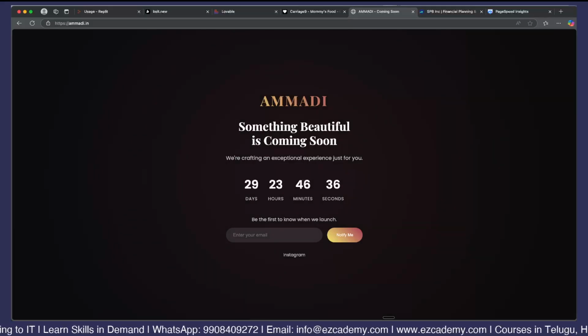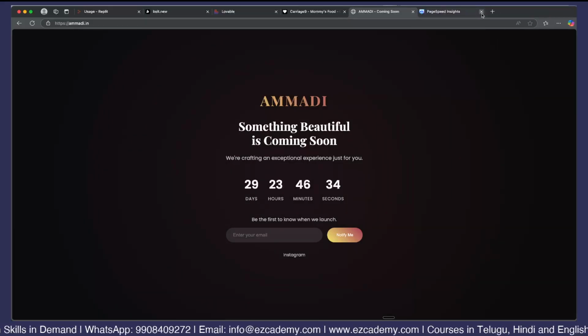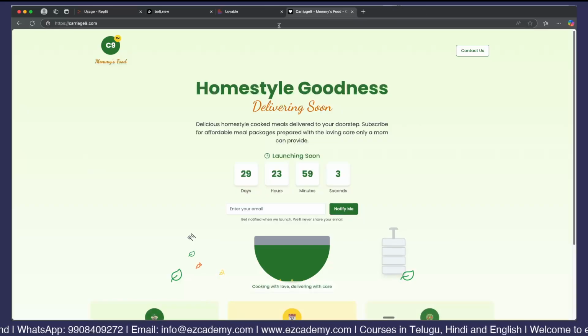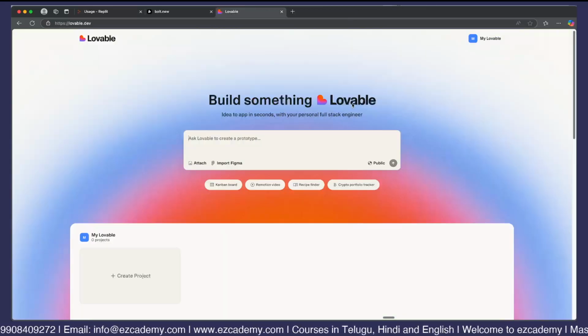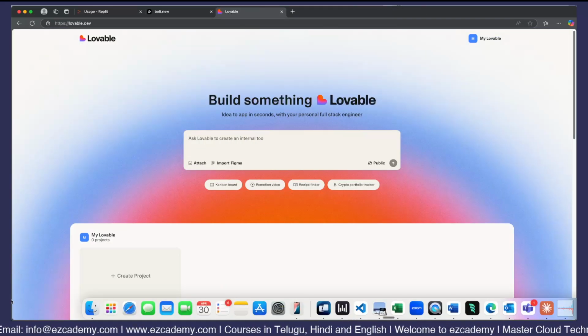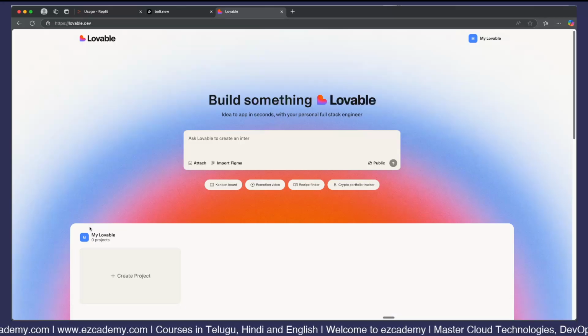Now, in this video, let us compare these with three different tools, how we can actually build. For our video, we'll use a simple prompt, not a detailed prompt. Maybe in the next video, we'll try to cover an advanced, enhanced prompt as well. But in this video, let us look at a single line or a short prompt and what kind of output